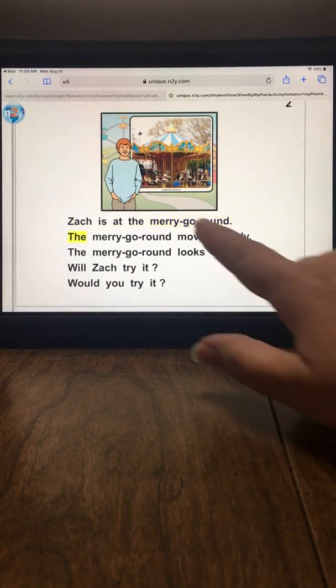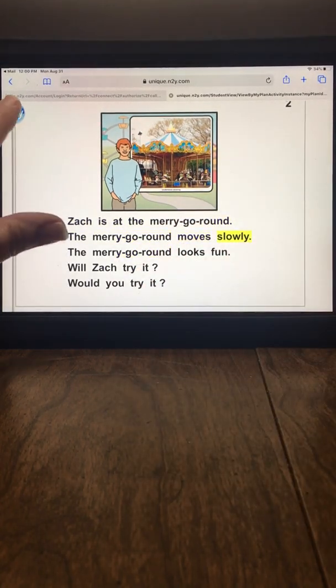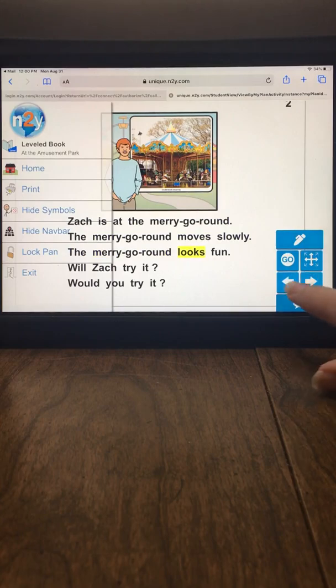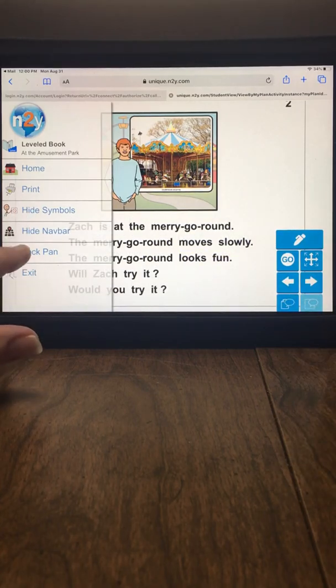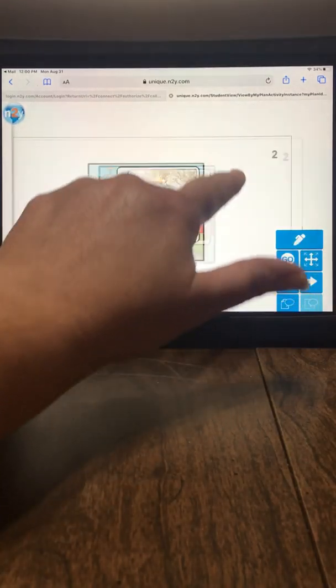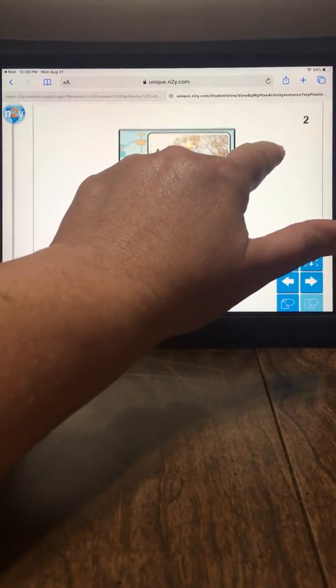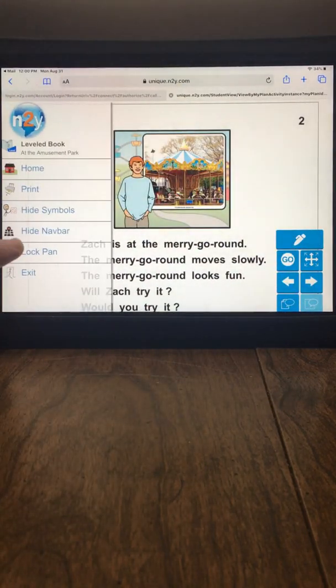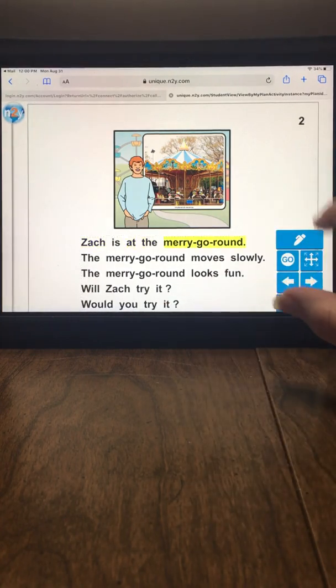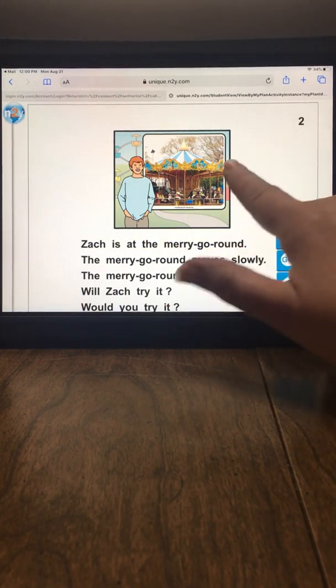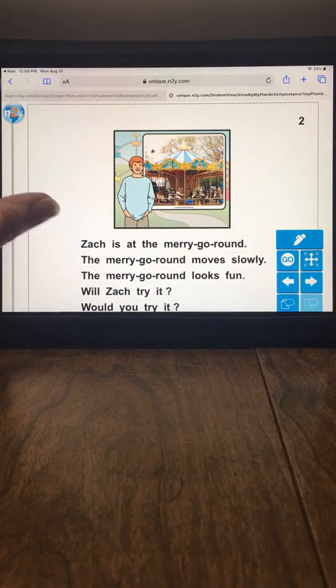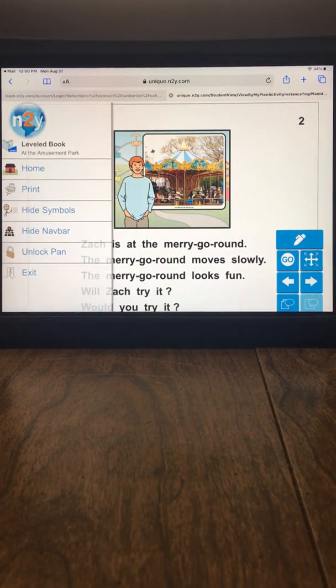You can also, if your student is playing with it a little too much, like I showed you before, you can lock it so it won't move around. Okay, so now they can't move it around. And you can exit the entire unique learning